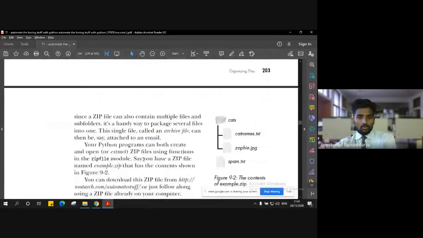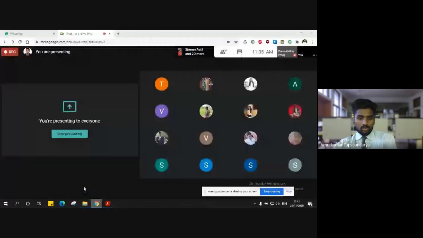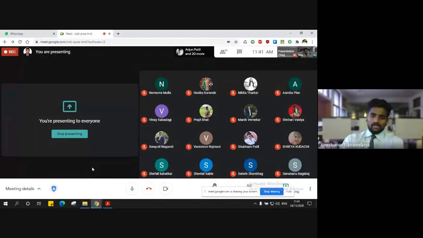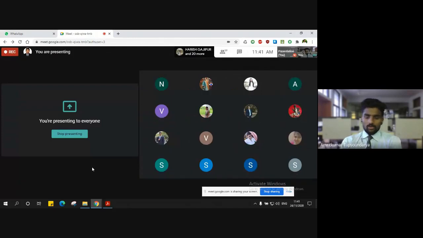Right, so I hope this was interesting to you and you can try it out using some simple examples. Create some dummy text documents or some images and then try to zip them using these commands. Save these files, whatever program you write, and whatever output you get, take a screenshot of it, and later you will be submitting those as your assignment. If you have any doubts, you can ask. We can revert back to a particular topic if you have not understood.